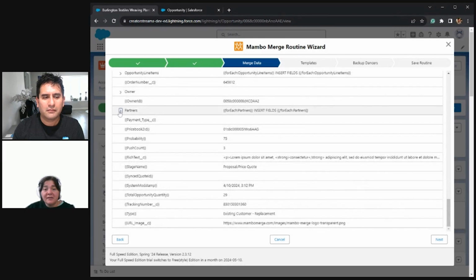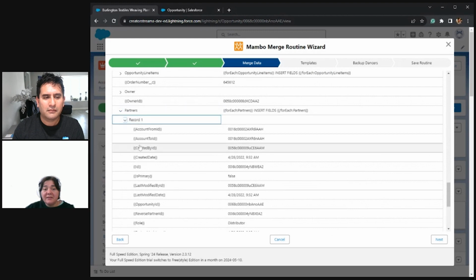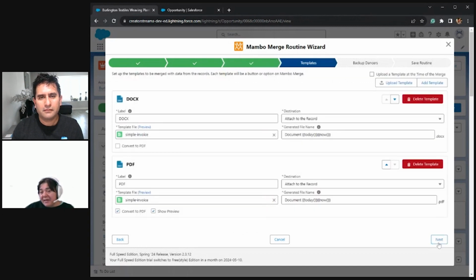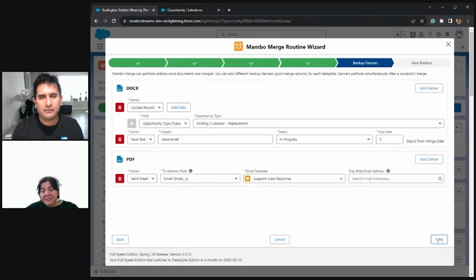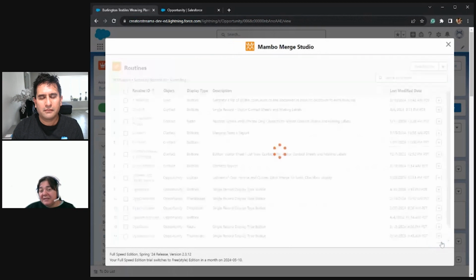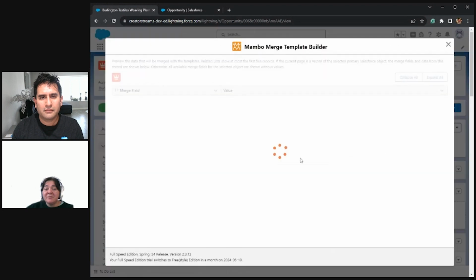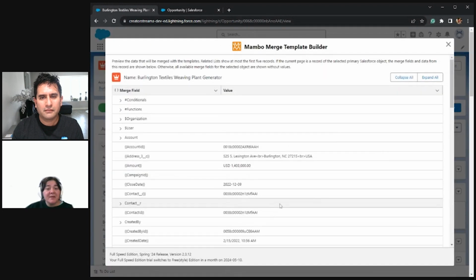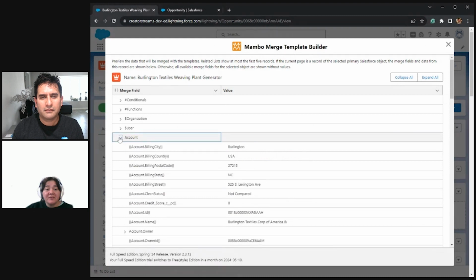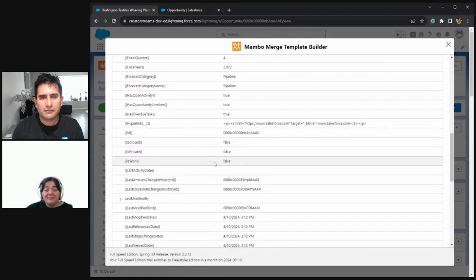There it is. And you can see it identifies them and it's pulling in that field for me and shows me those fields. So if I go ahead, we go through, we don't change any of our other stuff in our routine, and I save those relationships. Mambo Merge is updating. I can go to my template builder. And now if I ever need to make adjustments, I know that those fields are going to be included for me. And there you can see them: credit, clean status. Then if we scroll back down,